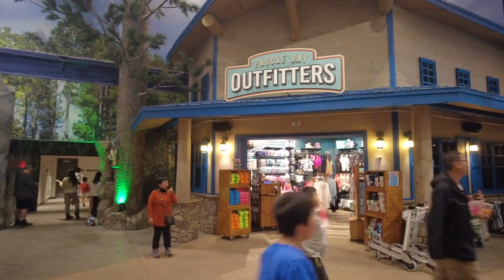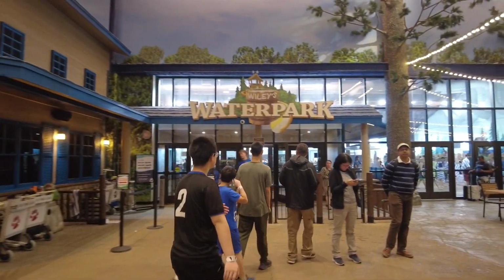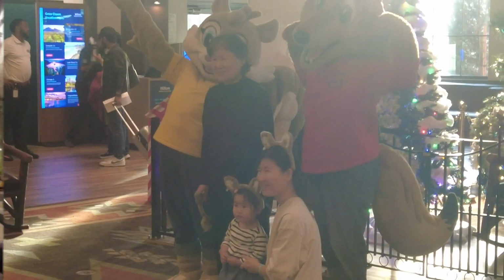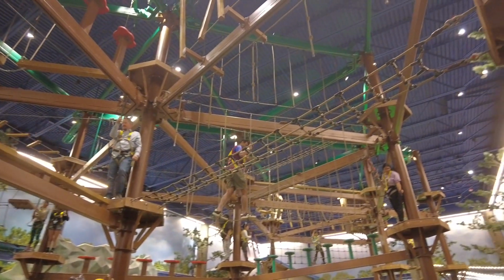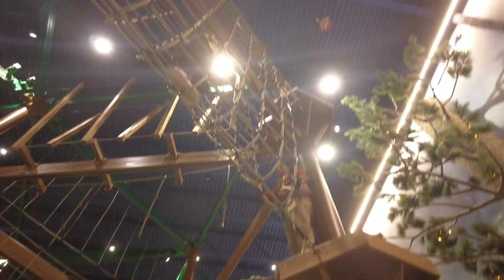We have another little shop right in front of the water park. And then right here we have Wiley's Water Park. Okay, we've got some furry friends here. Okay, so Kenzie, for her souvenir, she wanted to do the ropes course. It's $15 each, and you go all the way around, then up